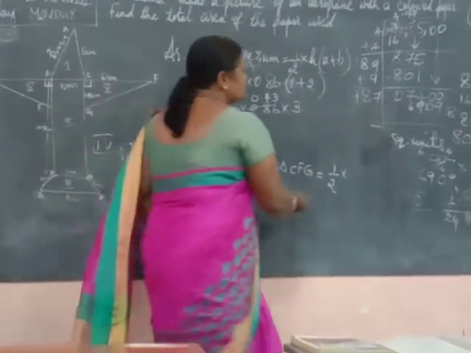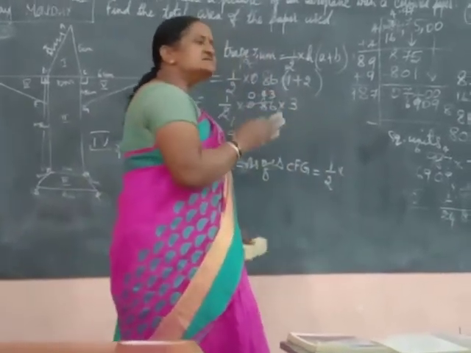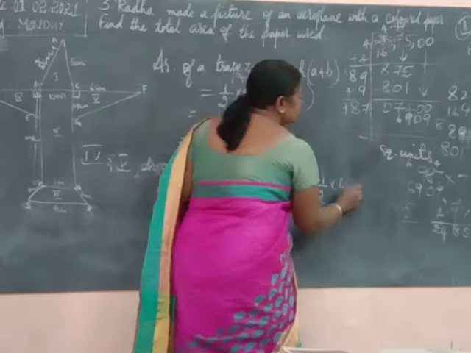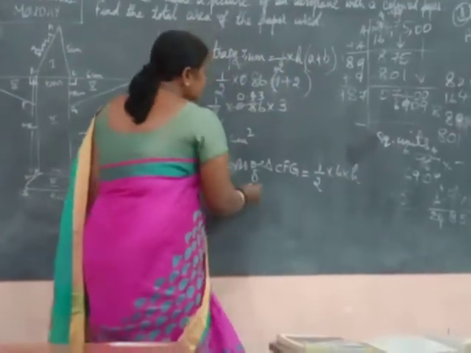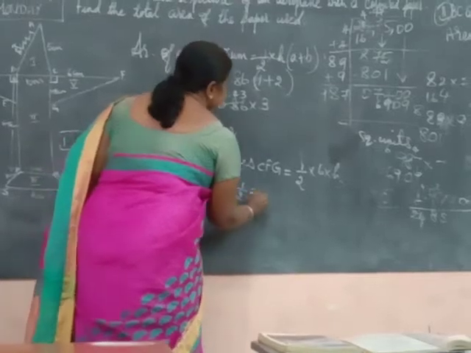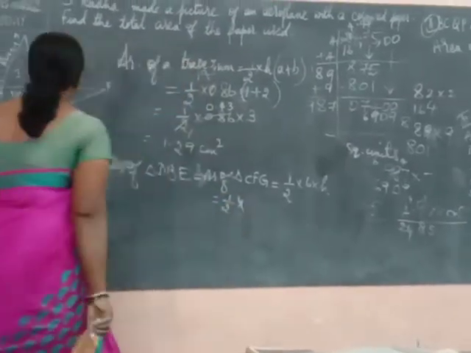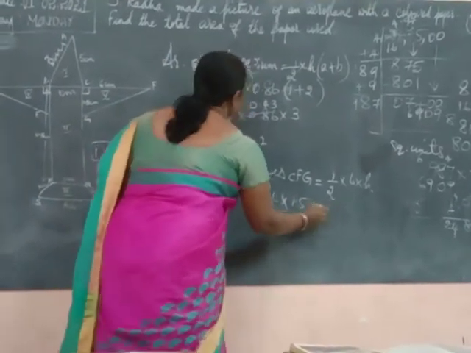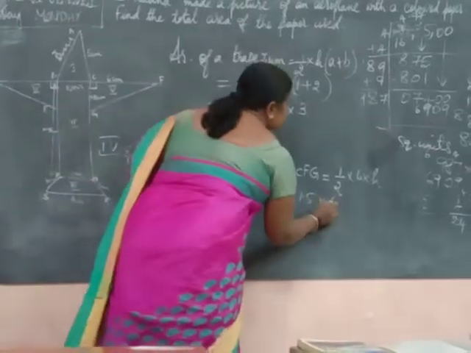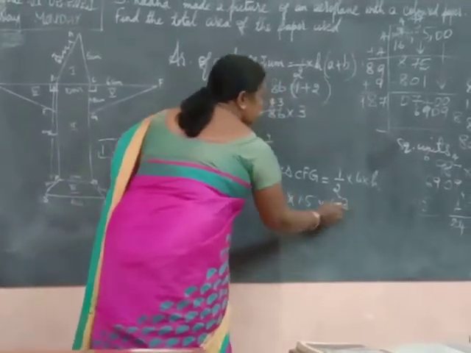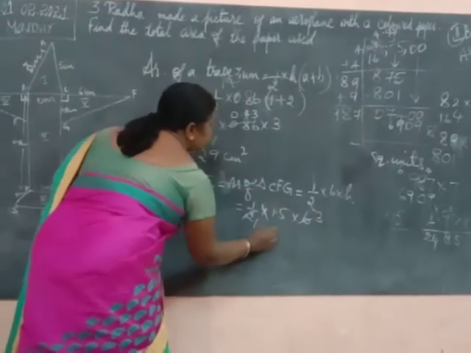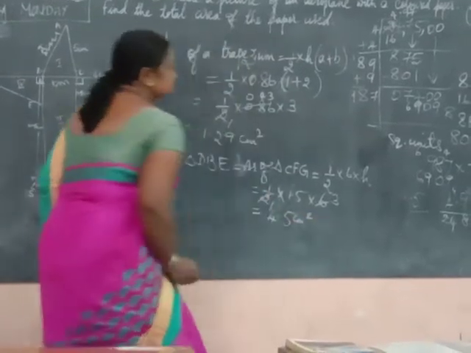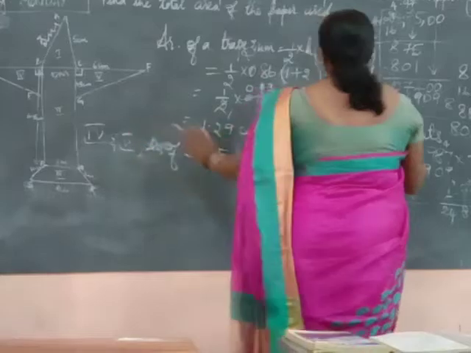So the area of triangle DBE and area of triangle CFG, we can use the universal formula that you have used in all these classes from the beginning. What is that formula? Half into base into height. That is half into base. How much is the base? Base 1.5 cm, into height. Height is 6 cm. Okay, that gives 4.5 centimeter square. This is the fourth and fifth part.